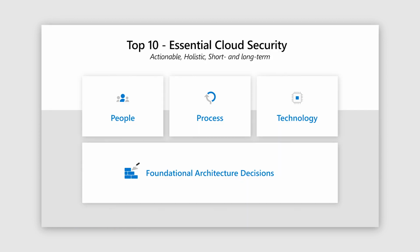But we also want to make sure that they have a long view and that you're investing into things that we're not overlooking, those long-term things that are going to come back and bite us. And so we broke this up into really 4 areas: people, because people, at the end of the day, are the center of any system. It's really about people enabling and empowering people, and particularly in security, often forgotten because it's been such a technical